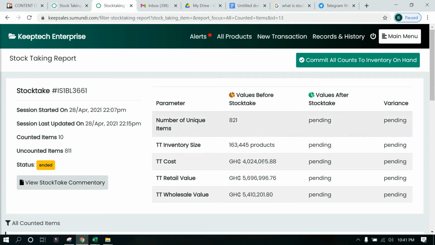And then when we come over here, we have this particular table just at the right. We see the number of unique items that we have. So this is a quick snapshot, before we did a stock taking. This is registered on our system for us, so that we are now able to do our references. So now these are our